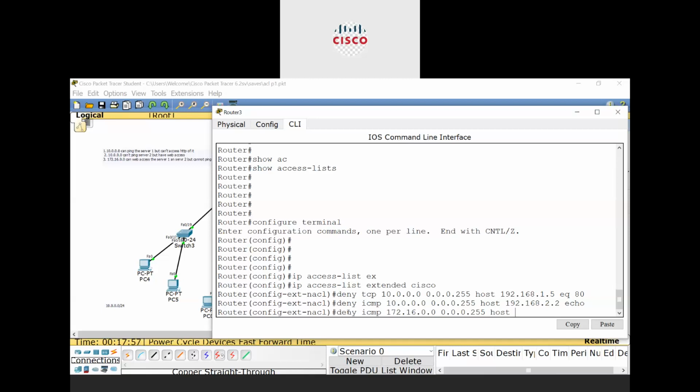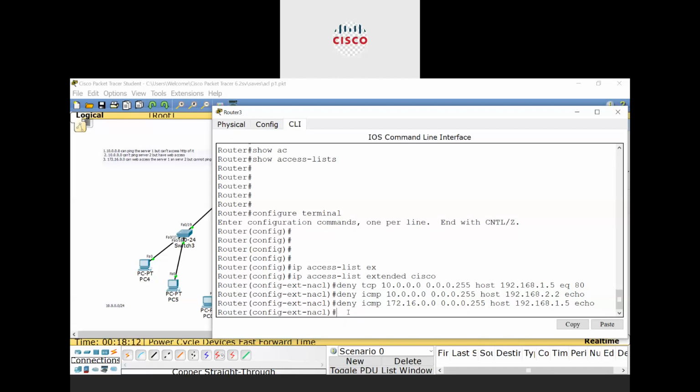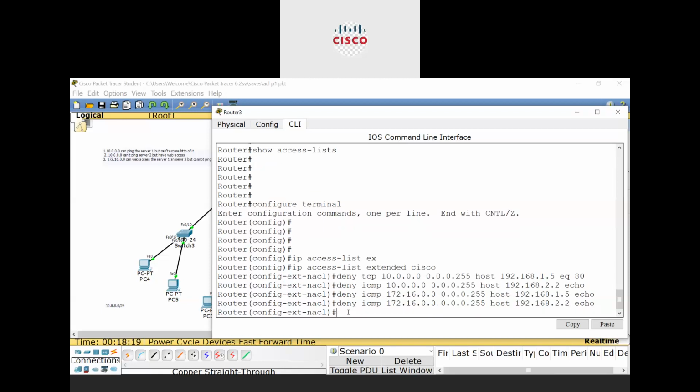So host like that is 192.168.1.5. And echo, the other rule for 2.2.2.2. The deny rule has been configured.